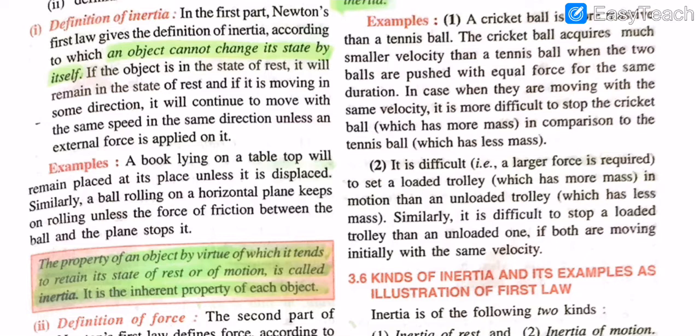That was, a body will be in the state of rest if there is no force applied on it, and it will stay in motion once a force is applied on it forever, unless and until there is an external force stopping it from going forward. So the property of an object by virtue of which it tends to retain its state of rest or of motion,